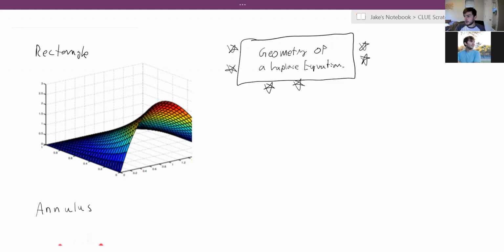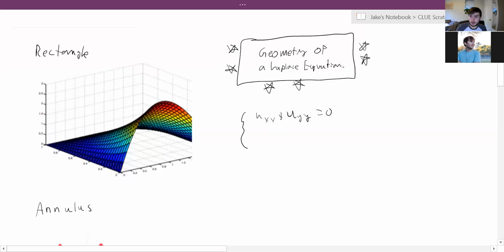And then that just leaves the Laplace equation. So I thought I'd go over that super quick and give a quick understanding that helped me understand what was going on. As you can see here, we've got a rectangle Laplace equation. You can tell because it's bounded by a rectangle. And remember, our Laplace equation takes the form something like this,